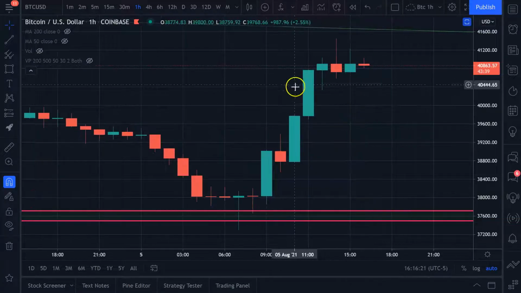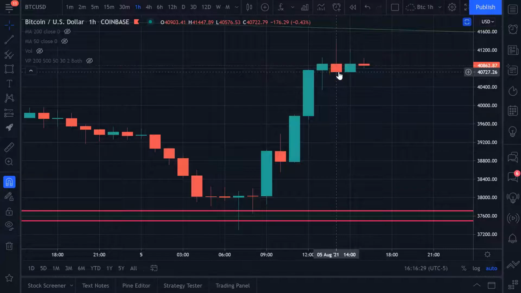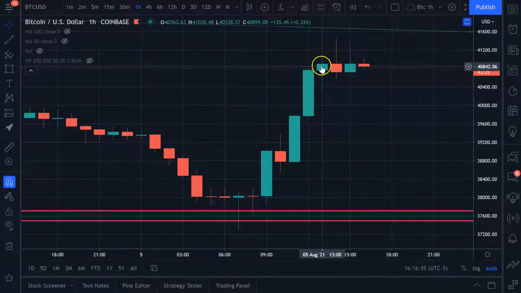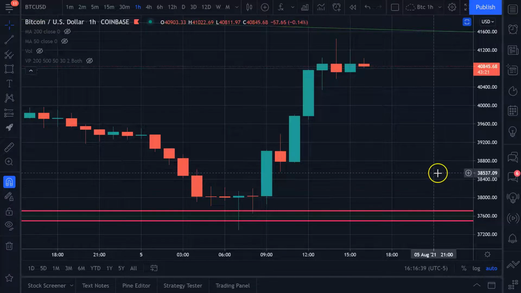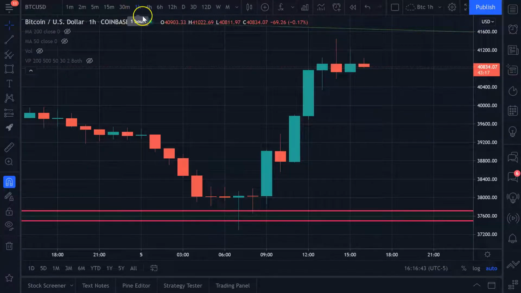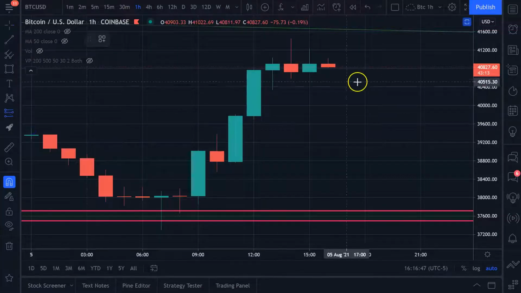Kind of like right here, what's happening right now. See how price came up, put in this little wick, doesn't mean a whole lot, but then it put in this bigger wick, almost like an inverted hammer type of candle, and then it put in another wick here. This is showing signs of weakness right here. Now, again, it doesn't mean that this thing is going to move down $10,000 today or tomorrow or anything like that. It's a smaller time frame. It's a 1-hour chart. What this means is I might want to start looking for a short position.